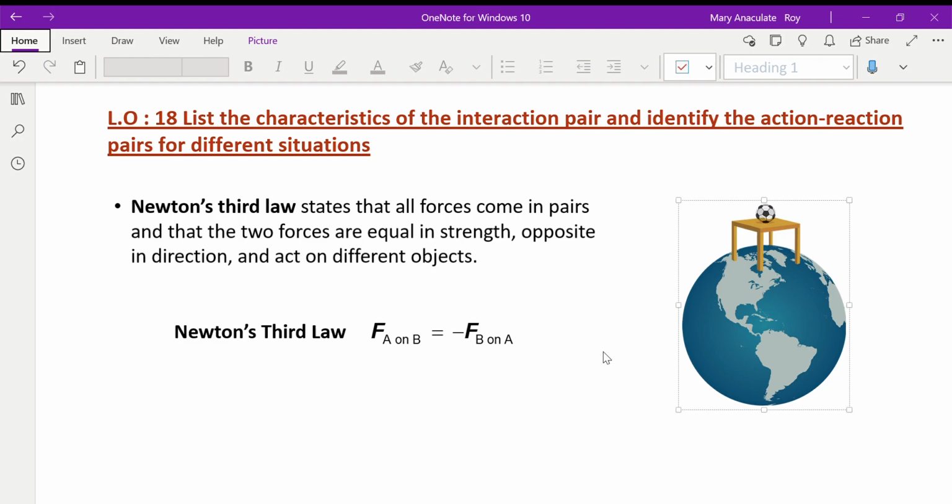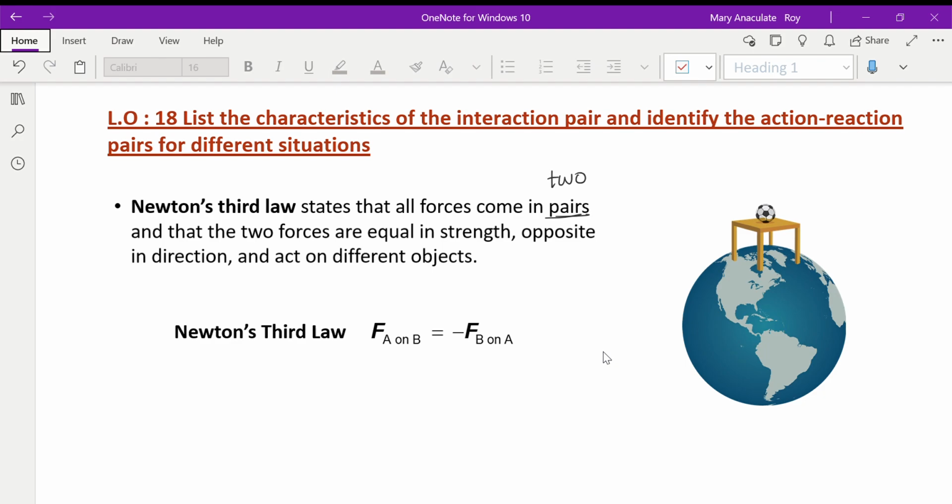The first two we were discussing were Newton's first and second law, and we applied forces, how to identify the net force and so on. Now this is a totally different situation when applying Newton's third law. Now the statement is there. What does it state? That all forces come in pairs. Pairs means what? You will have two,